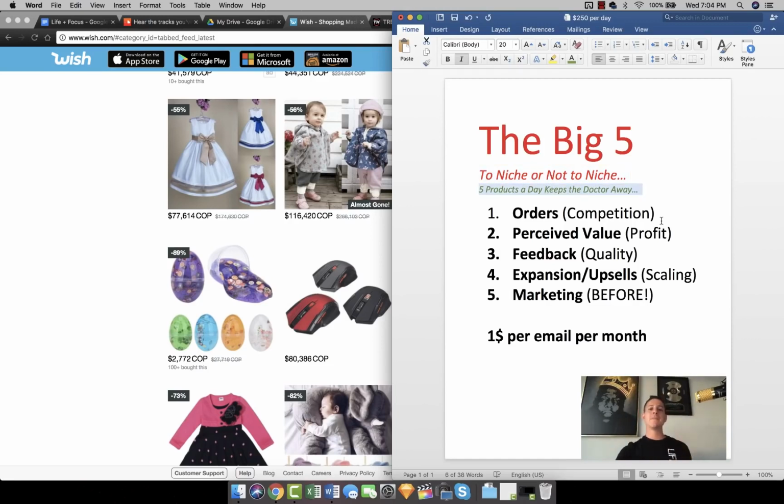And so what I mean by 5 products a day keeps the doctor away, and I'm trying to make these all in a little idiom so you guys actually remember them, because they're very, very important. And I know they're silly, but 5 products a day keeps the doctor away. What I mean by this is the people who are going to be successful with Shopify are people who understand the importance of testing 5 products a day. And what I mean by testing 5 products a day is I mean literally importing them from AliExpress onto your